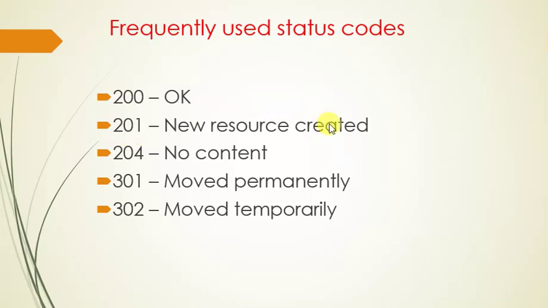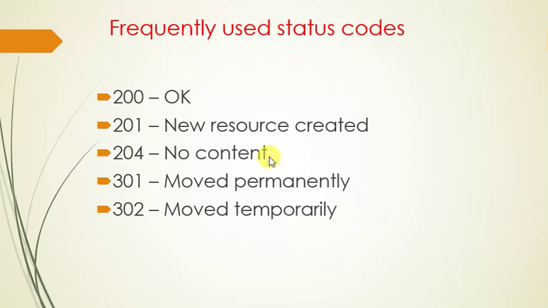201, new resource created. If you are adding a new resource by using HTTP post method, then in that case you will get 201 as the status code. 204, it means no content. If the server processed the request successfully and it's not returning any content, then you will get a 204 response